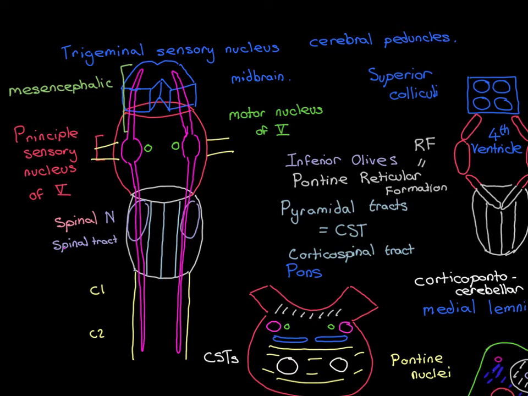So we'll do this for the right hand side here. So here that I'm drawing on now, this is a central process of a primary sensory afferent that is a pseudo-unipolar neuron that has collected some sort of sensory information from the right facial region of the head. Its central process is now coming in through the right trigeminal nerve, and it's going to go into the right trigeminal sensory nucleus. Now, for pictorial simplicity, I have got it going into the principal sensory nucleus of